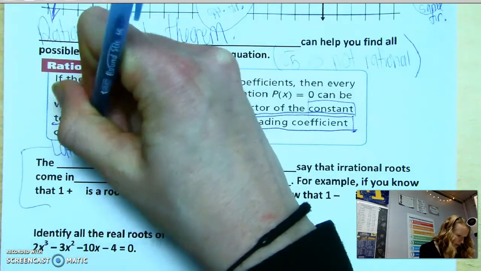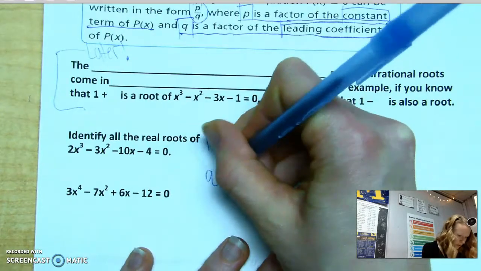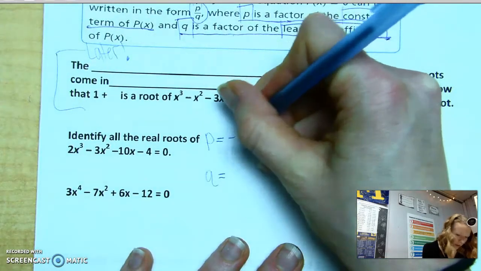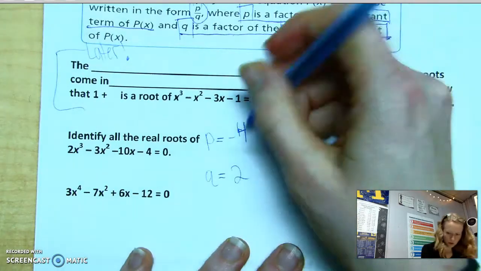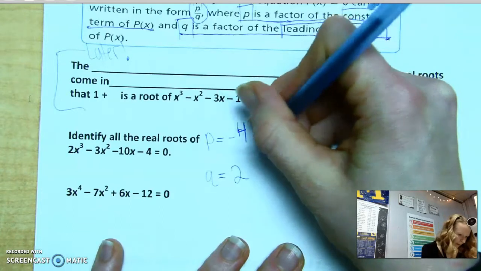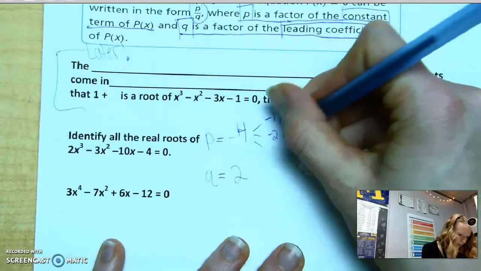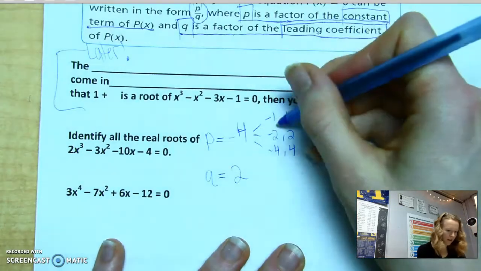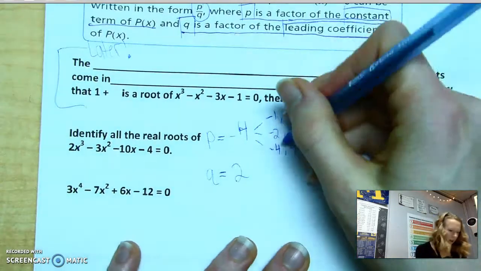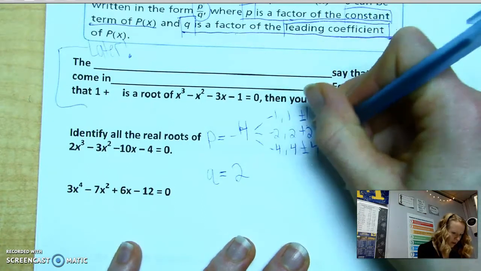Okay? But once again, if we identify all the real roots of this, you need to know what's your p and what's your q. So remember, p is the factor of the constant, so what goes into negative 4, and q is your leading coefficient, which is 2. What are my factors of negative 4? Well, that would be negative 1 or 1, negative 2 and 2. We could also have negative 4 and a positive 4, right? Because negative 1 times this. So really, all we're doing is plus or minus 1, plus or minus 2, plus or minus 4, right? And this is how I'm going